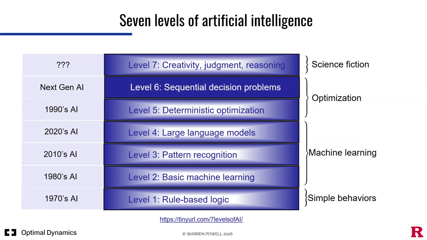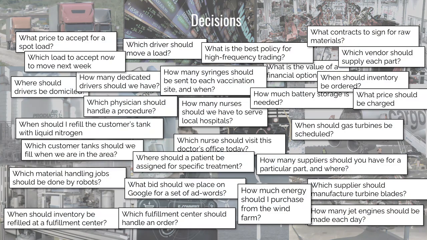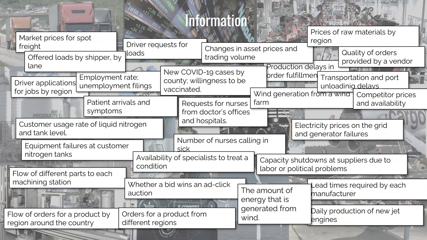Now, level 6. So let's go back to my tapestry and take a look at all of the problems, all of the decisions that we have to make. Now, put your eye on any one of these boxes, and this is a question. You need to make a choice, and after you make the choice, information arrives that is relevant to the choice that I didn't know when I made the choice. Let me go back and do that over again.